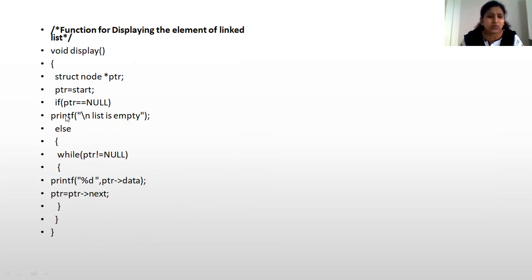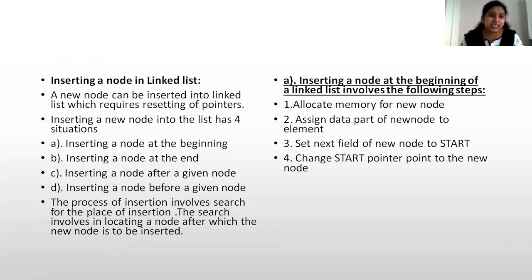In our display function, we are just checking whether our pointer is equal to null or not. If it is true, then we will display a message saying your list is empty. Else, with the help of this while loop, we are printing the data which is there in our nodes, right? So we just traverse the list, print the data with the help of this pointer of data, and move that pointer to its next field to print the other node's data. Like that, we display the elements in our single linked list.